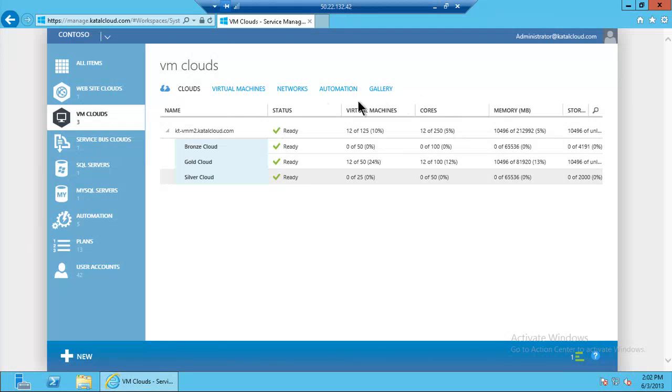The rest of the administrative functions available in the virtual machine cloud space are really optimized around a couple of different things I might do as a service administrator. Obviously, I mentioned how I look at clouds and view capacity. I can also dive into tenant-created VMs and networks and essentially do some lightweight debugging for the scenario where a tenant has a problem and they need me to help them figure out what that problem is. So by my ability to look for machines and networks, I can debug some of those things. I want to finish, however, on this automation tab,